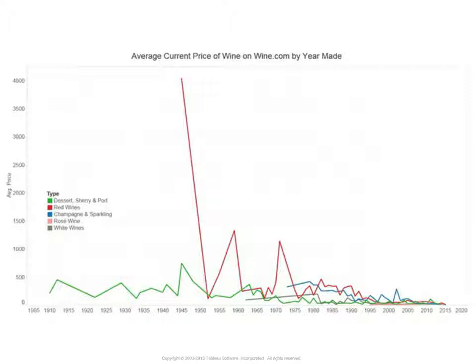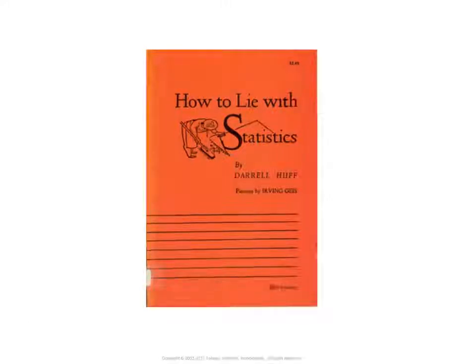Now, I see I have about 10 minutes before we should get to Q&A, so let me move through some examples more quickly. There's a famous one in this great book by Darrell Huff called How to Lie with Statistics. It has to do with aspect ratios and including zeros in plots. It goes like this.